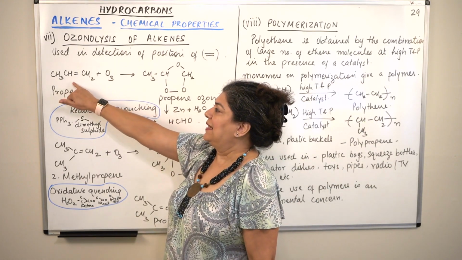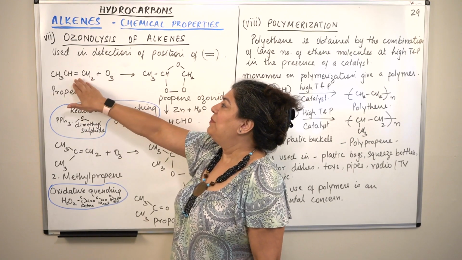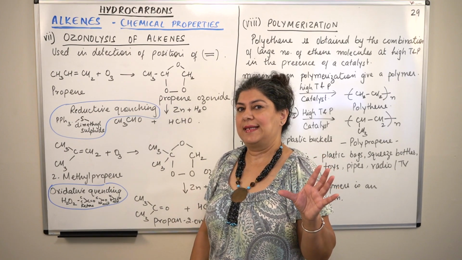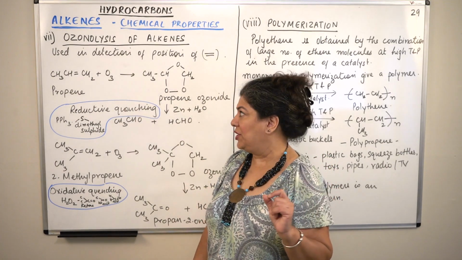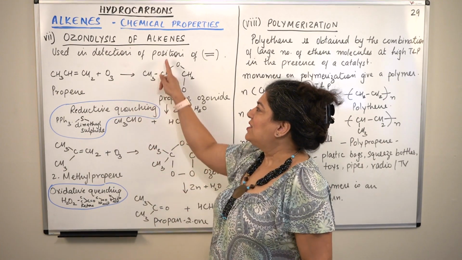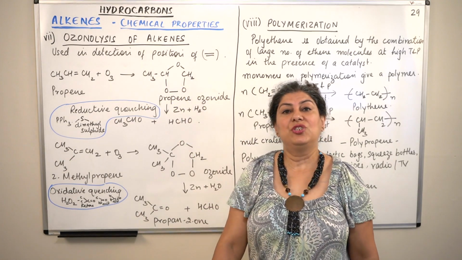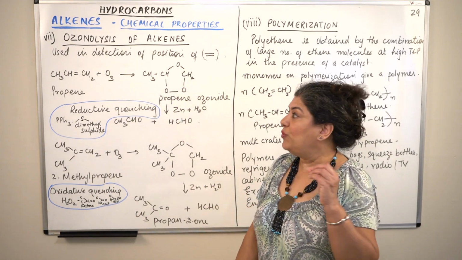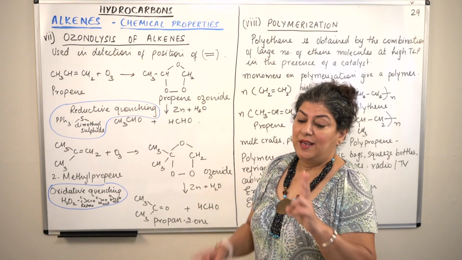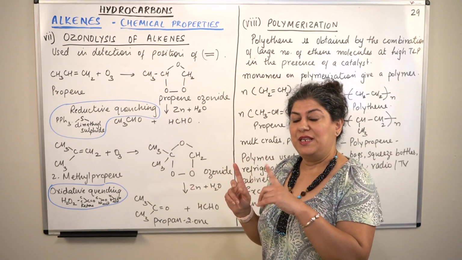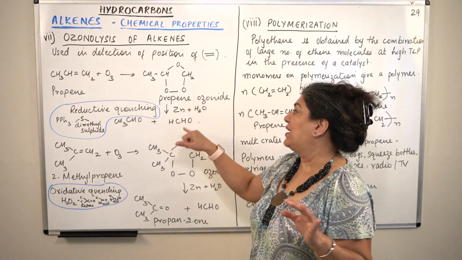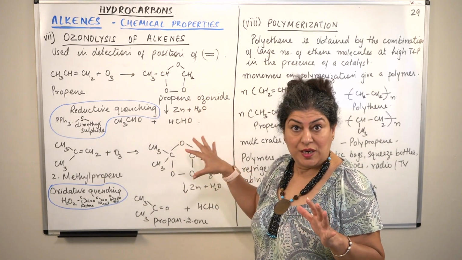So you have an alkene, that is propene. When propene is made to react with ozone, this reaction takes place at minus 78 degrees Celsius, at a very low temperature. At this temperature, the ozonolysis takes place and it results in the formation of an intermediate which is known as the ozonide. It's very important to remember here that ozonolysis takes place in two steps. The first step is the formation of an intermediate known as the ozonide. In the second step, the ozonide is made to react with zinc and water. This is what is in your syllabus.